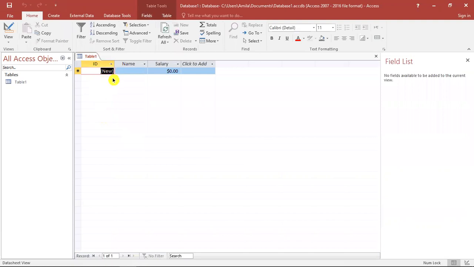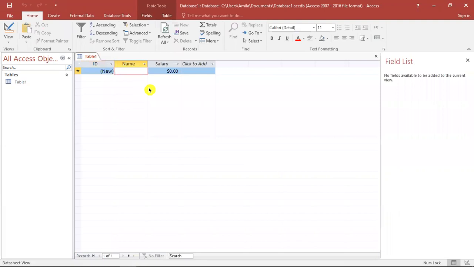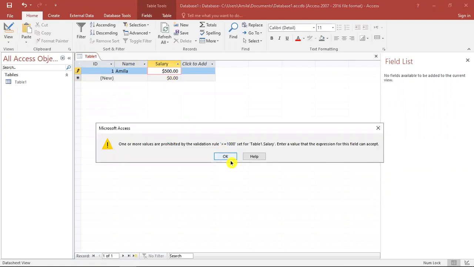We have to save that, and ID should be auto number. I mentioned it as auto number, so I don't want to add numbers for that. I'm just entering my name and salary in dollars. Let's say $500. It's not going to save that data because there is a validation rule, greater than 1,000,